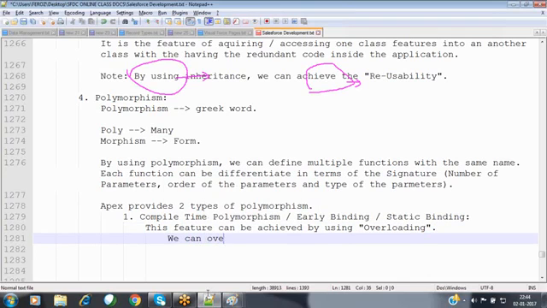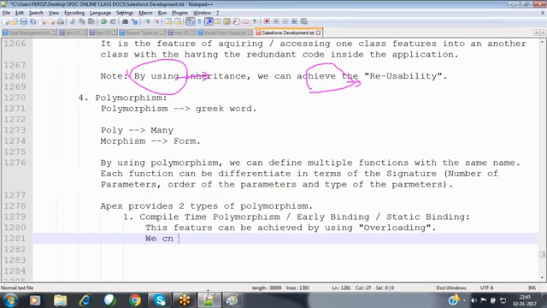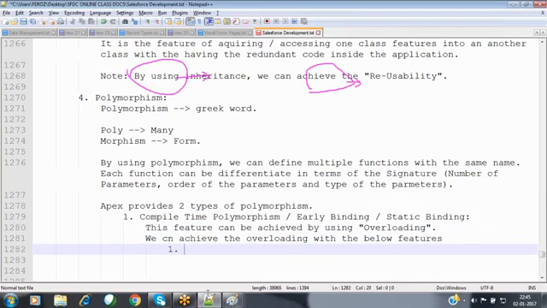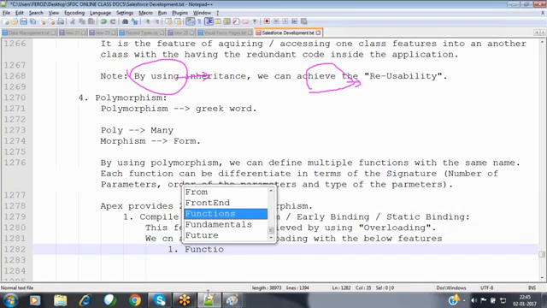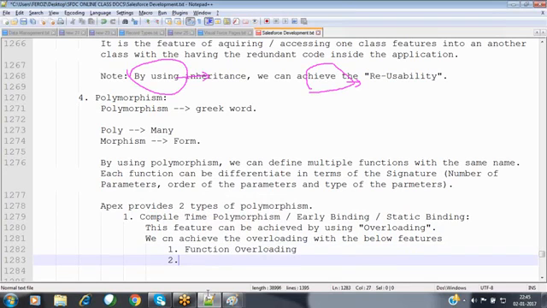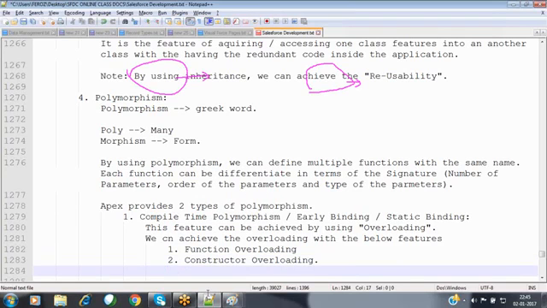We can achieve overloading with the below features. First one is function overloading. Second one is constructor overloading. And the second type is runtime polymorphism.